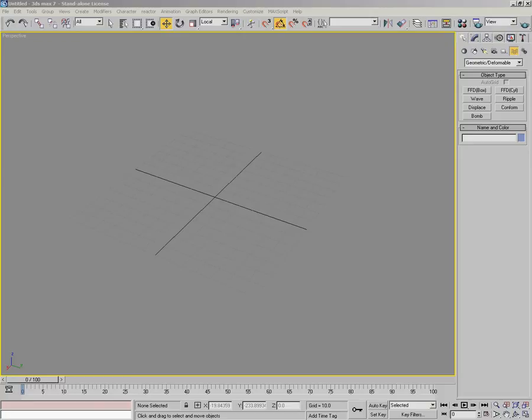This means that a modifier will create a gizmo, which is the box that actually surrounds the object and which controls the effect of the modifier. And that gizmo is based on the bounding box of the current object or the objects that you have selected. And it will place the pivot point for the gizmo at the pivot point of the single object or in the geometric center of all of the objects that you currently have selected. This means that the deformation it produces will be closely matched to the geometry that you want to deform. So modifiers work best on single objects, but they can actually be used on large groups of objects if you